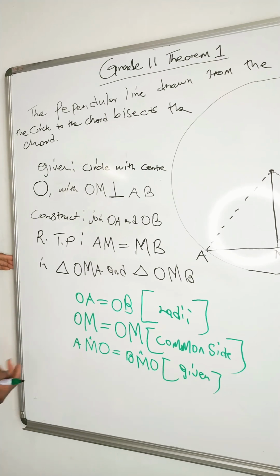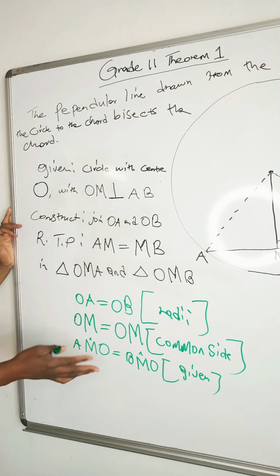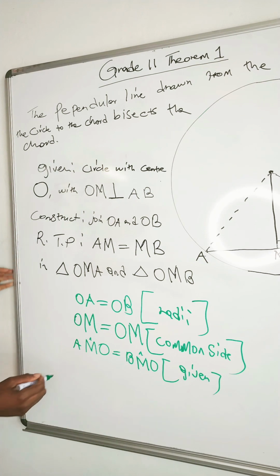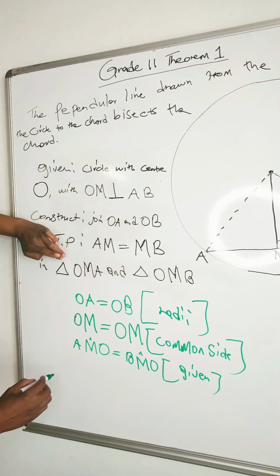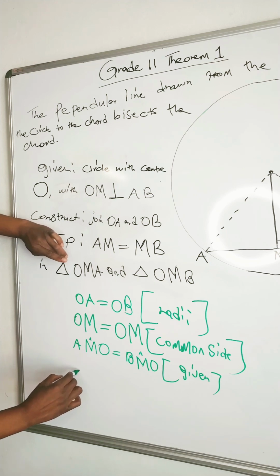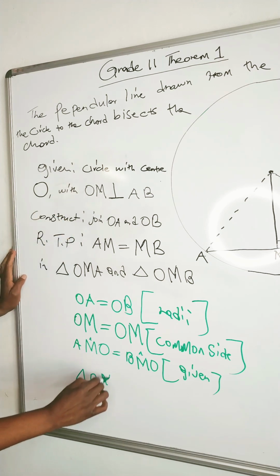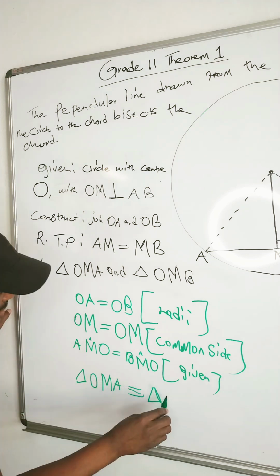So if it's like this, your job is done. You found your statements and reasons. Then you can say now that this triangle OMA is congruent to triangle